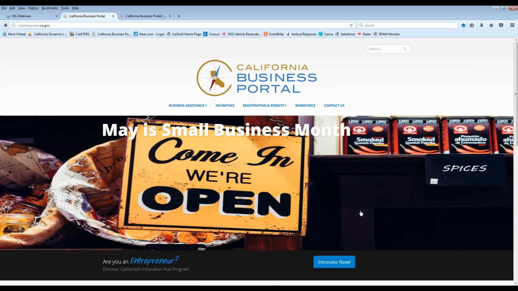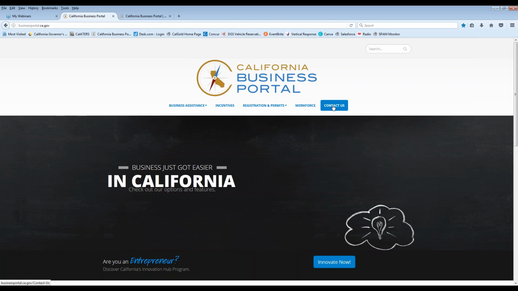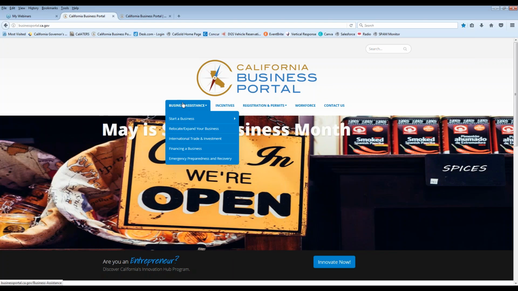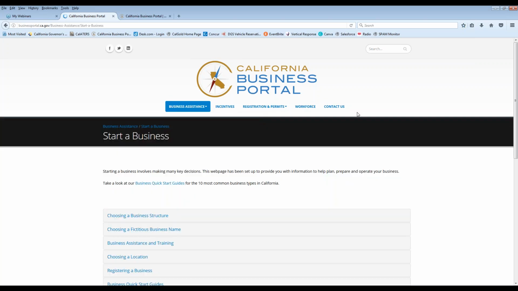So now if we scroll up to the top navigation, we have business assistance, incentives, registration and permits, workforce, and of course contact us. If you go over to business assistance, we have a plethora of options for the new business owner or somebody looking to grow and expand their business within California. So I'll just start out here with, if you go to start a business, this is a great place to go